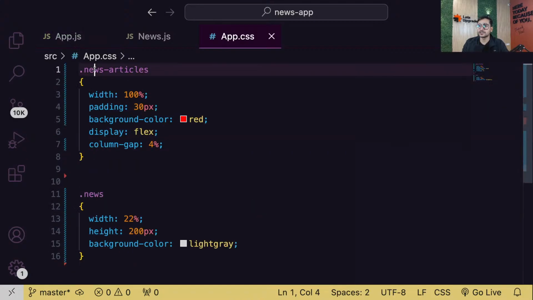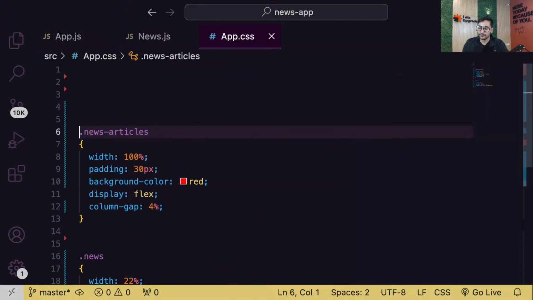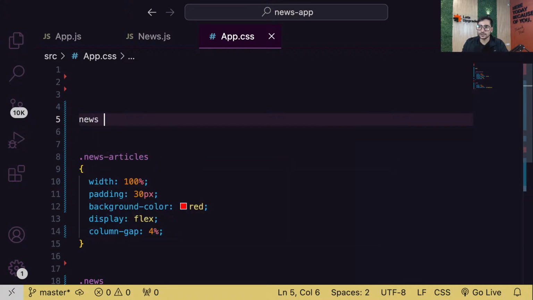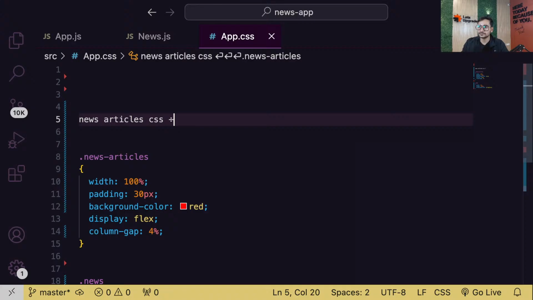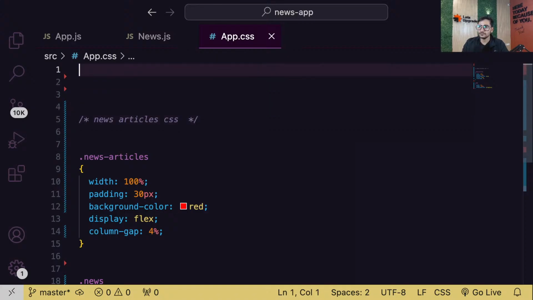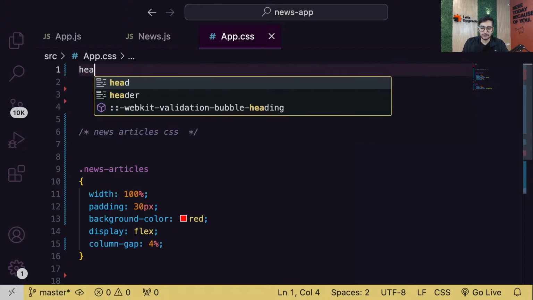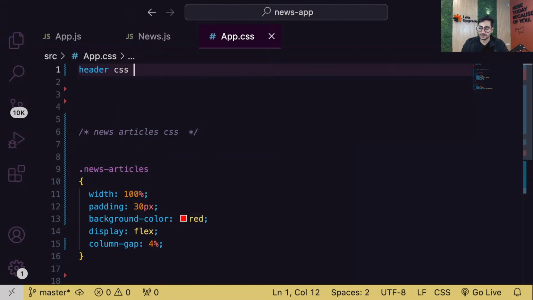And let's apply some CSS to it. Let me just put a comment here like news article CSS and header CSS.